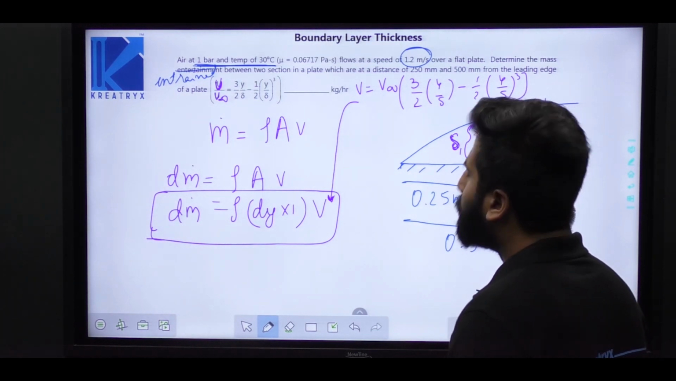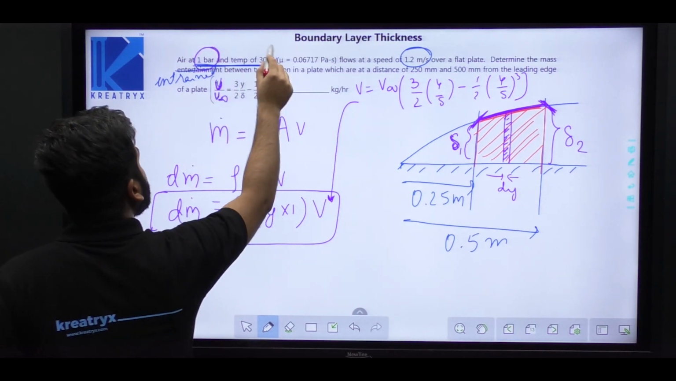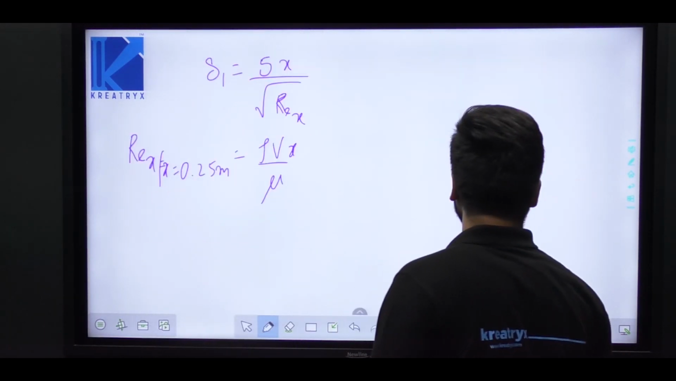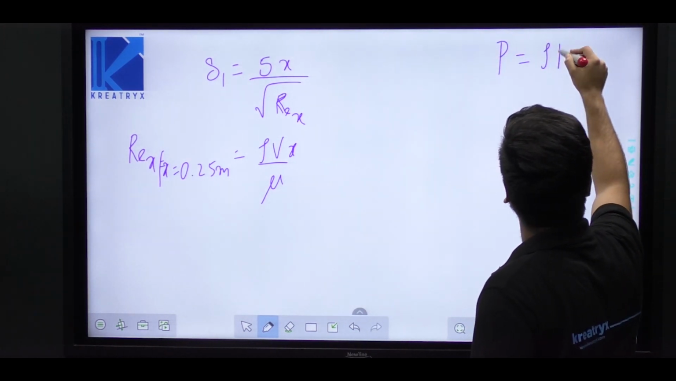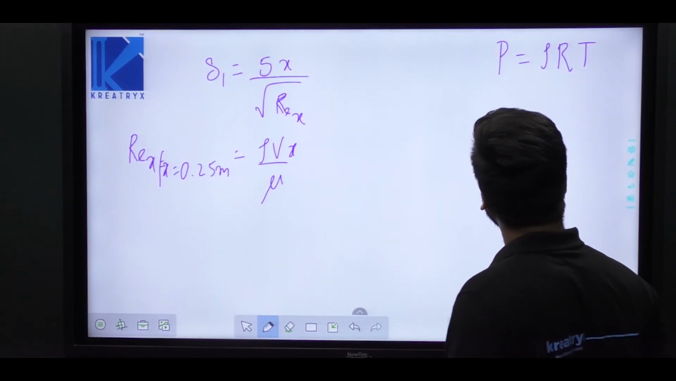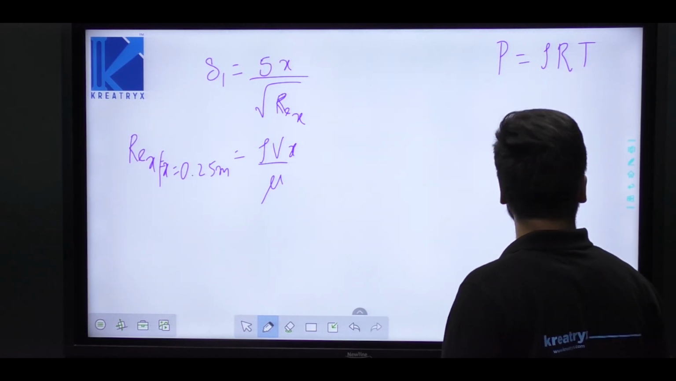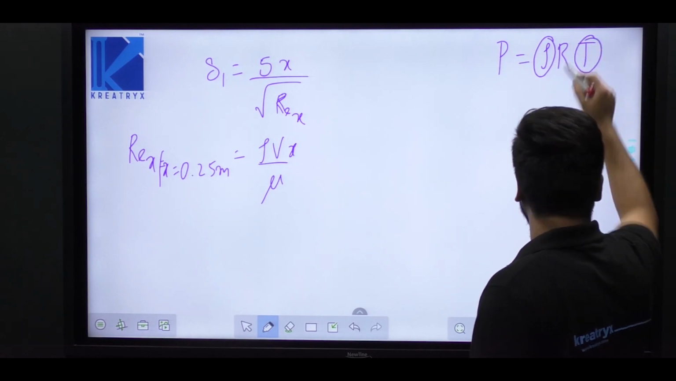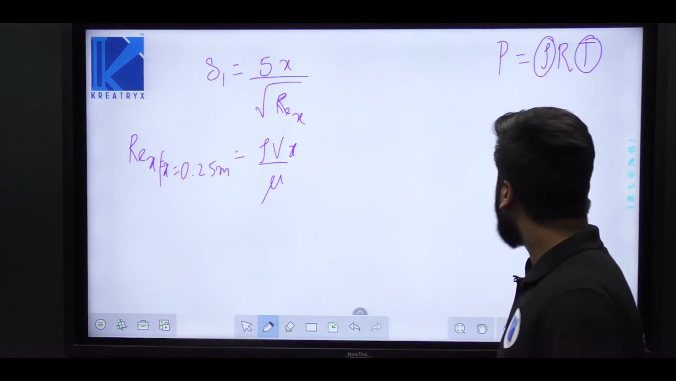Rho is not given, but you have been given air at 1 bar and a temperature of 30 degrees Celsius. So can I use P equals rho RT? Yes, I can use this. P is 1 bar, and rho is what you have to find. T is 30 degrees Celsius. So what is R? R is